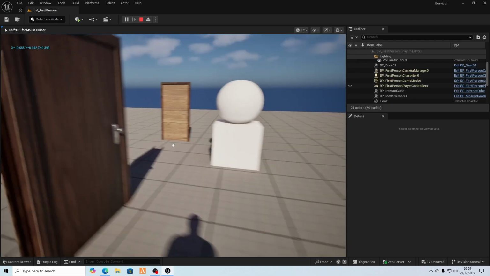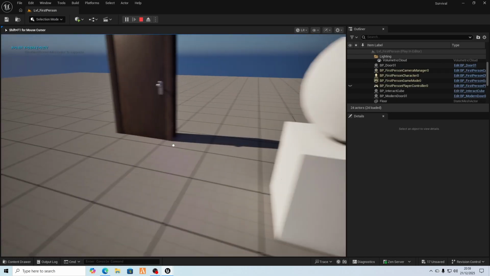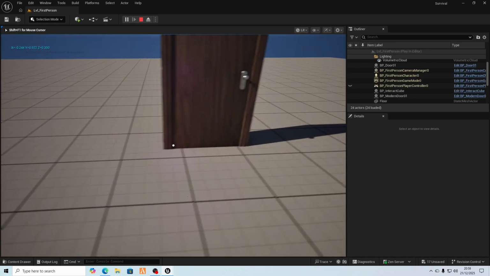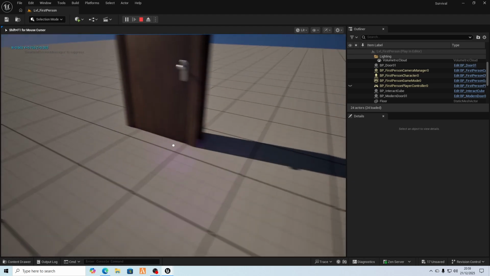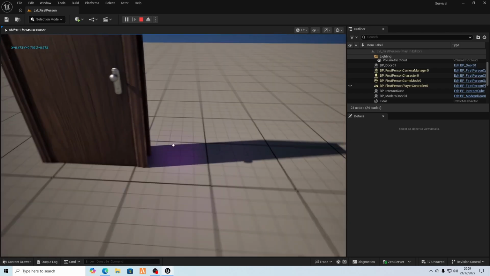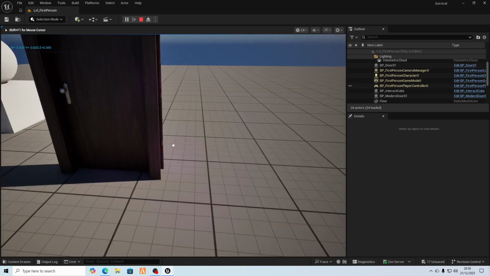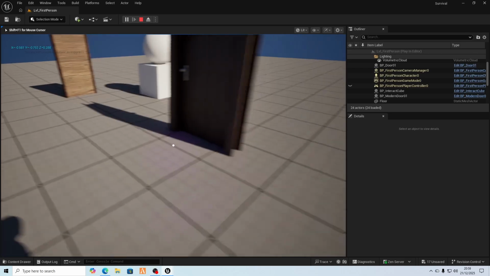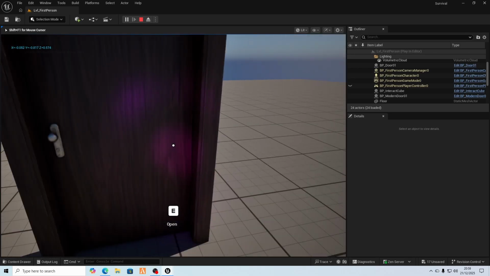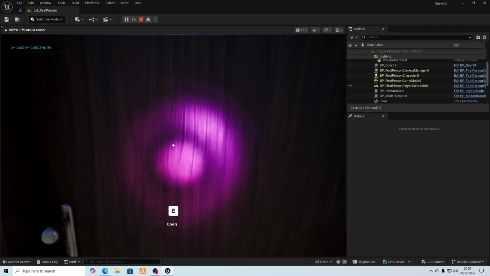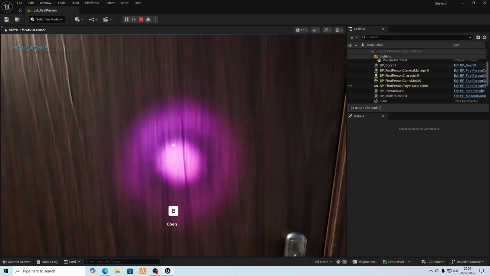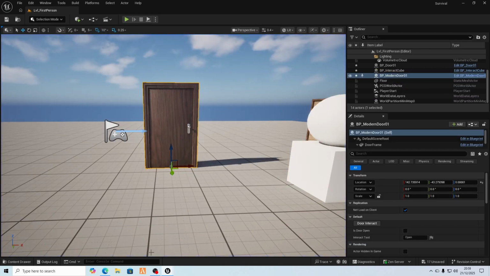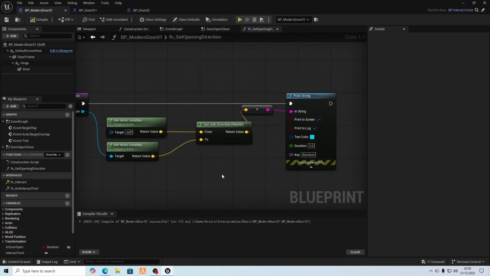So as you can see, this is telling us what the unit direction, the vector is from the door. So I'm backwards and forwards on the X, yeah, and then I'm backwards and forwards on the Y, yeah. Y is plus this side and Y is negative this side, which means negative means I'm behind the door, positive means I'm in front of the door. Okay,